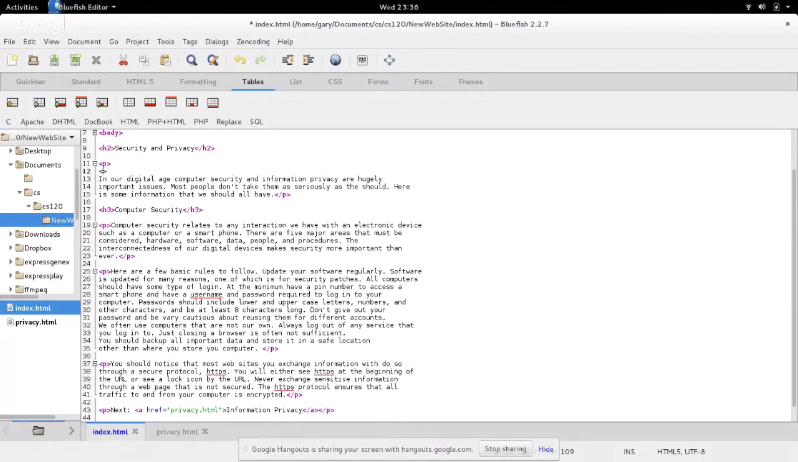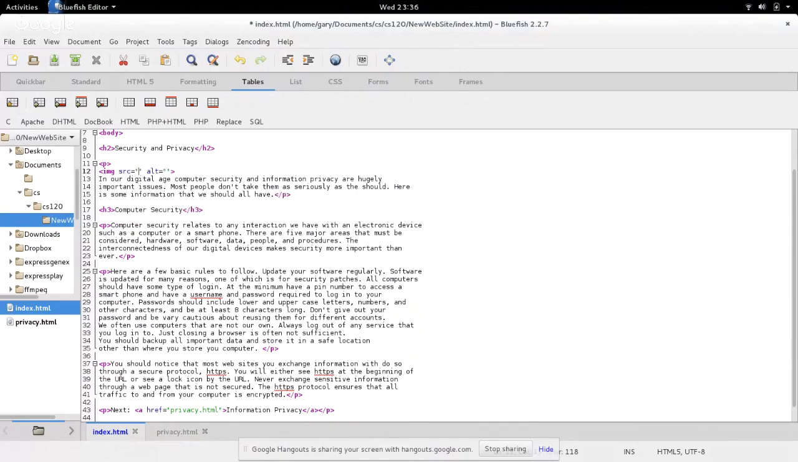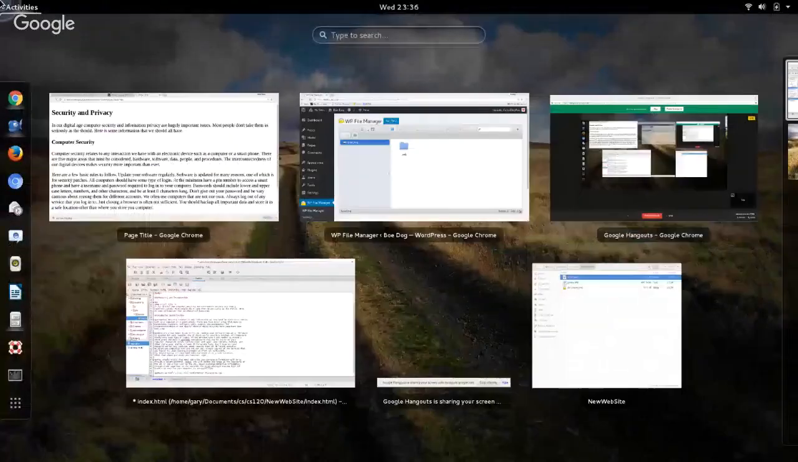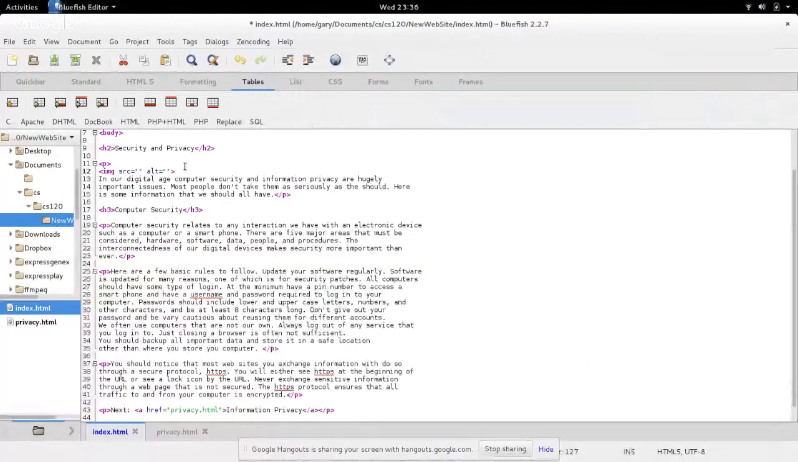So here we want to put an image, that's img. And the computer's saying, hey, do you want the rest of the image tag? Sure. Image tag has to have a source. Source is the name or location of the file. Remember, we downloaded a file, so let's double check the name of it. It is secure capital lock.png. And I need to get the name exactly right or this will not work. So in the wrong spot. It's inside the source attribute. The source equals quote. My source is secure